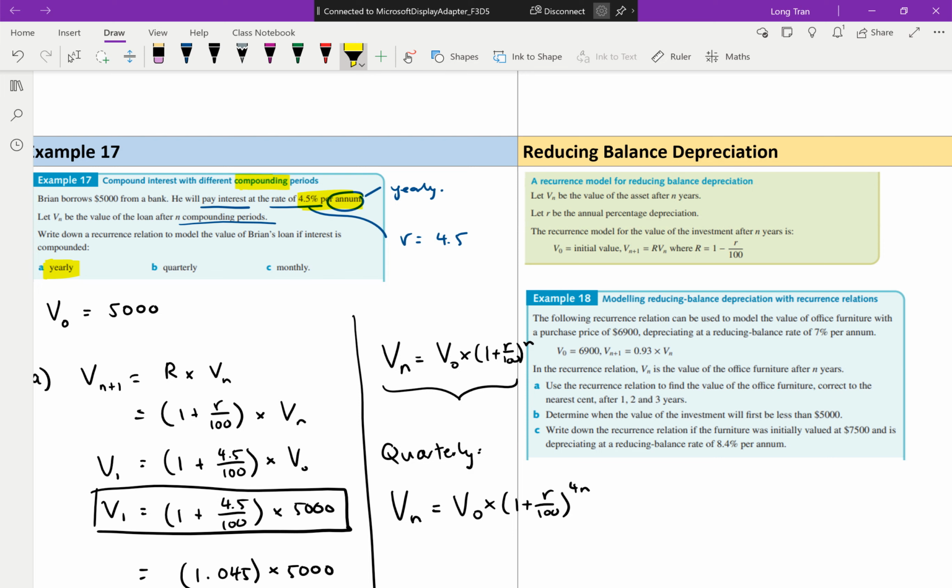That's what most students struggle with when they're thinking about compounding. Because not only does the number of times you compound it change, the rate changes as well. Because the rate said it's every year. But you don't keep 4.5% every month. It's 4.5 divided by 12 every month. If it's quarterly, then it's 4.5 divided by 4 every quarter. Okay, so that's where you have to be careful of the number of compounding periods and the rates. This is to be able to do predictions. So if you want to predict for the 10th year, you don't have to do the V1,